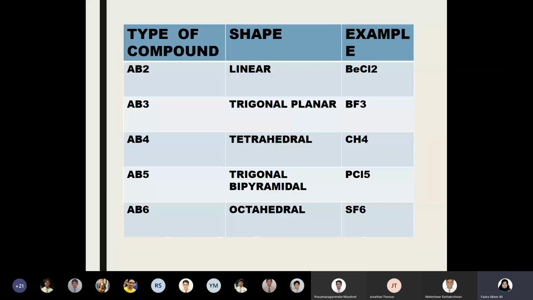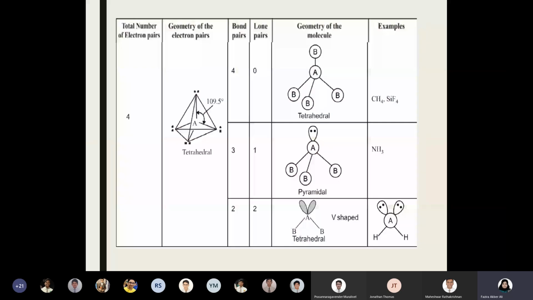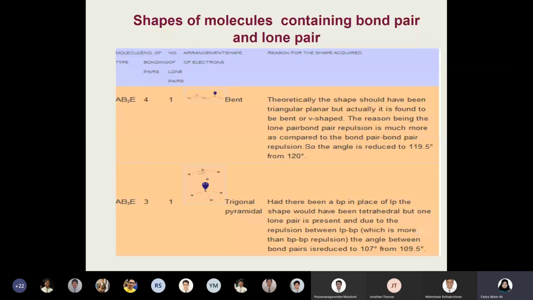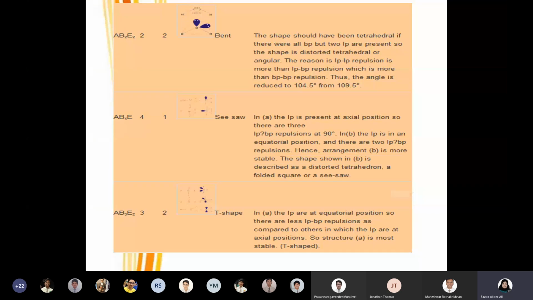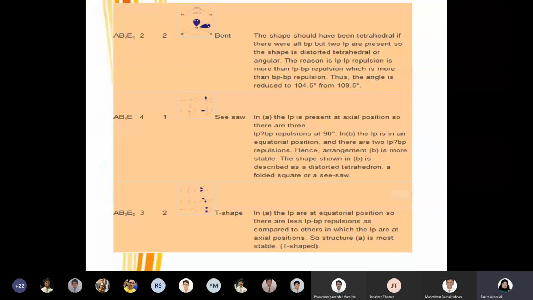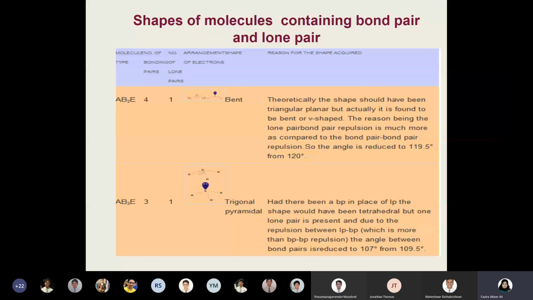When we started VSEPR, everything is just a table, and the explanation you have to understand. There is not even a word explaining it, but I have something like this, which is the explanation of what we discussed, why there is a change in bond angle and everything that I'm not explaining in class because it has happened. We already explained many times, but this is just a sample of how you can explain the shape, distortion, bond angle, everything. All the examples, including water and ammonia, are there.